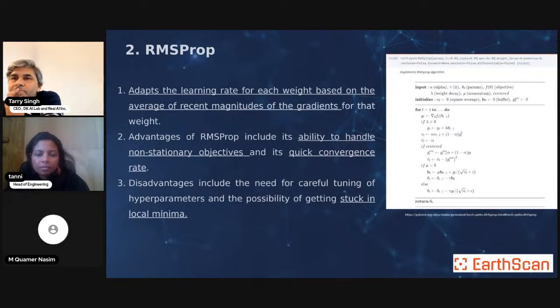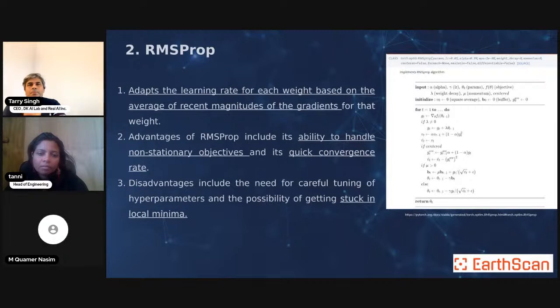The advantage of RMS prop is that it can handle non-stationary objectives and has a quick convergence rate. SGD, on the other hand, is sometimes slow to converge, and due to this reason, we use RMS prop and Adam or Adamax, which we will be discussing further. Similar to the disadvantage of SGD or gradient descent, RMS prop can also get stuck in local minima,